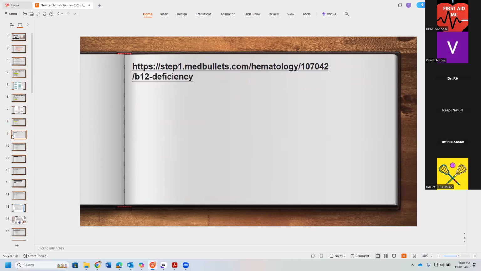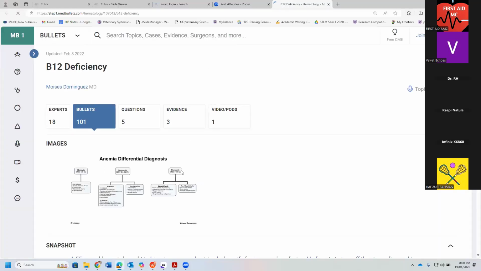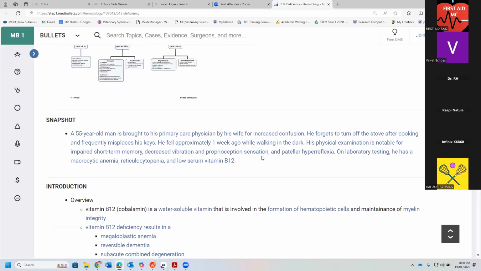Okay. Any question, guys? As I said before, I take most of the hematology questions from the bullets because it will have something that is like a question as well. Also very detailed. All right. So if you look at the question over here, are you guys able to see the screen? Let me just check quickly. All right, you guys are.